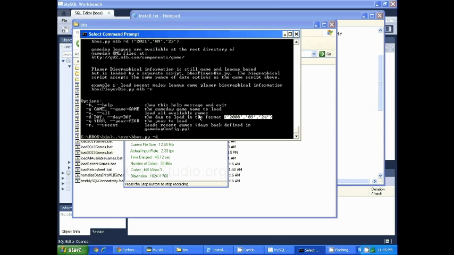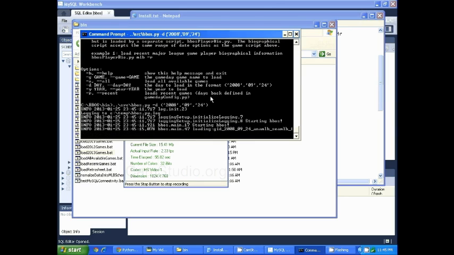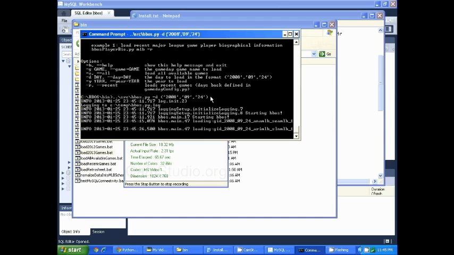We'll pick the day that is in the help instructions, and you will see that it's going to load games from 2008, 9/24 into the database. Each game takes about 10 to 15 seconds to load,